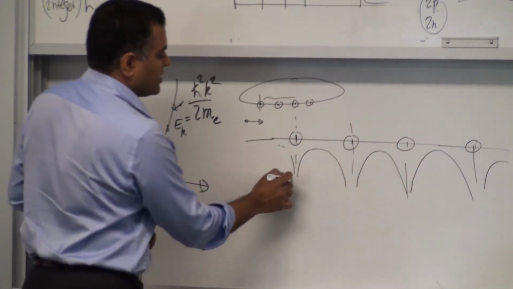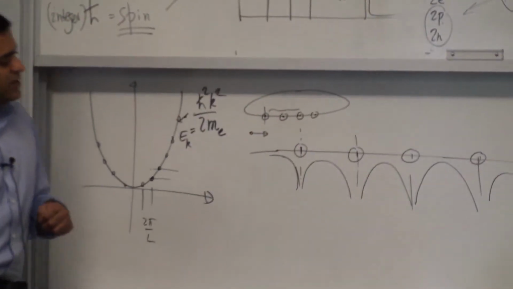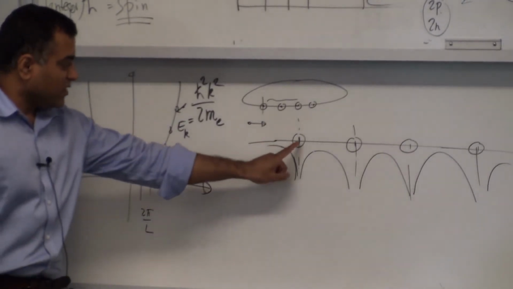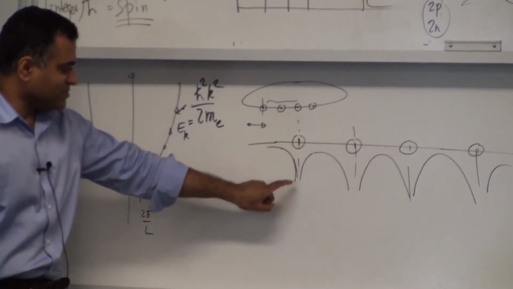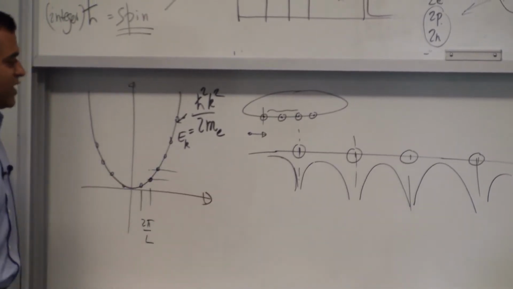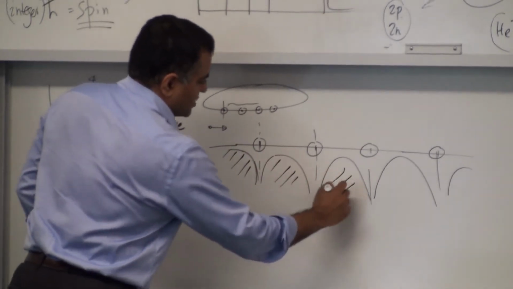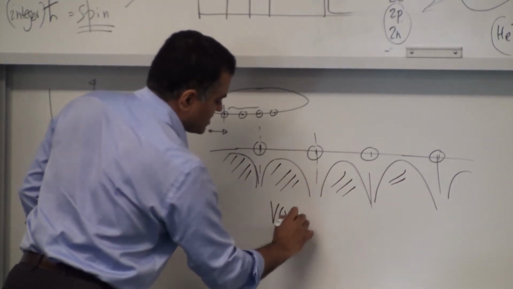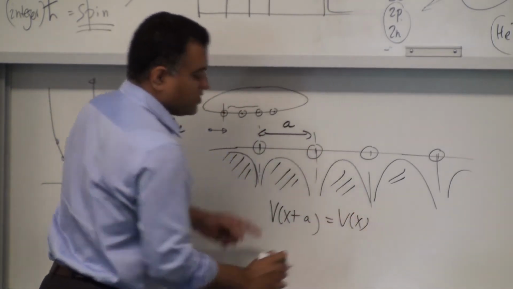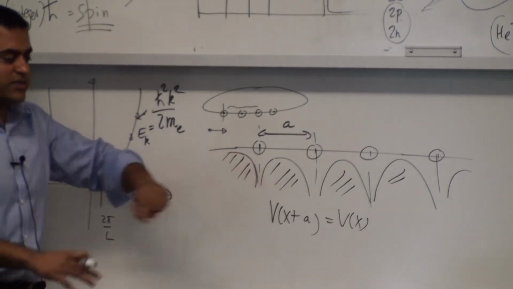You can think of it almost classically as a bumpy road, with very deep bumps, because at the center point of the atom the potential is a very deep potential well for the electron, if you think of it in the Coulomb interaction picture. So this is your periodic potential: V of x plus a, where a is the lattice constant, is equal to V of x. This is your new potential now, and V of x has some shape, maybe 1 over r.